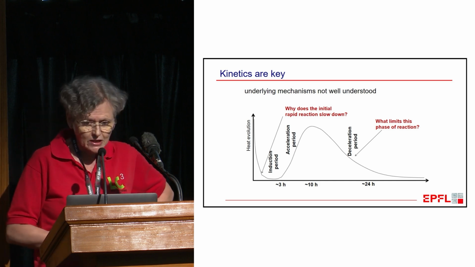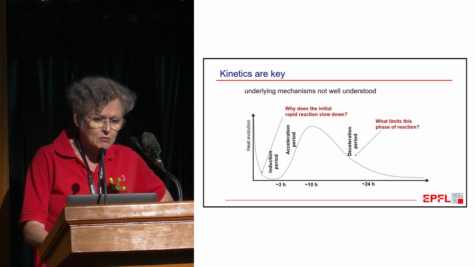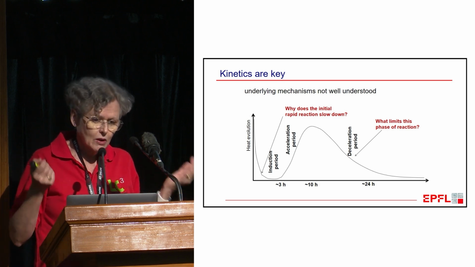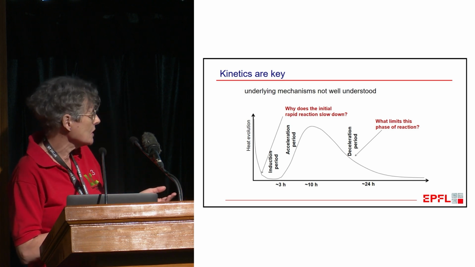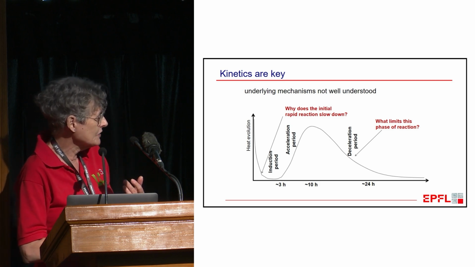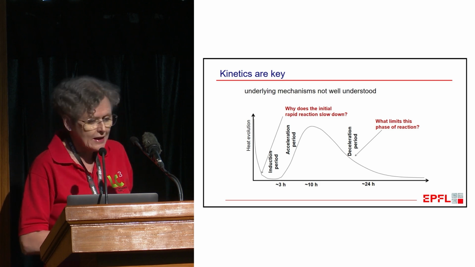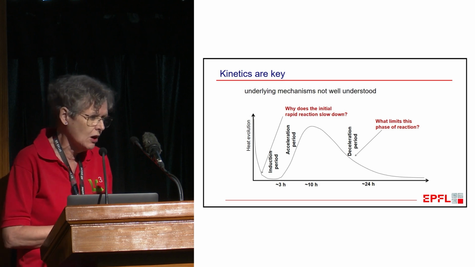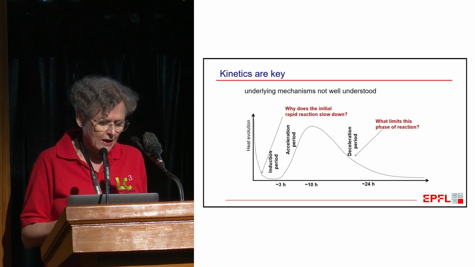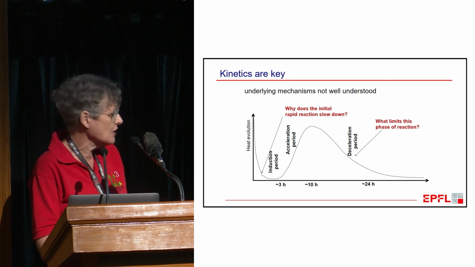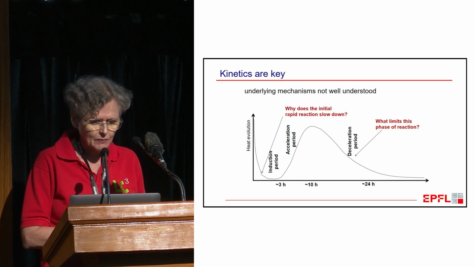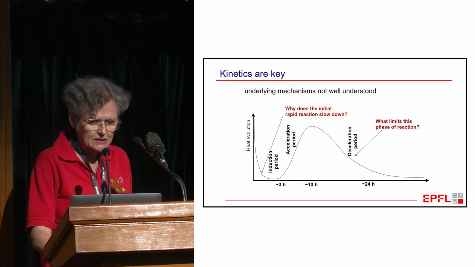You have what's called the acceleration and the deceleration. Now, from a scientific point of view, the two questions that people have looked at for the past, getting on for 100 years, is this question: why do we have this initial slowdown? And the second question is, why then do we have this limitation here? Because you see already after one day, the rate of reaction has become quite slow. And that's actually a little bit of a disadvantage because it means that at one day we have maybe a quarter of the final strength and we have to wait another month or so to get the kind of design strength that we're aiming at. So there's been a lot of work to understand the mechanisms that are going on here,